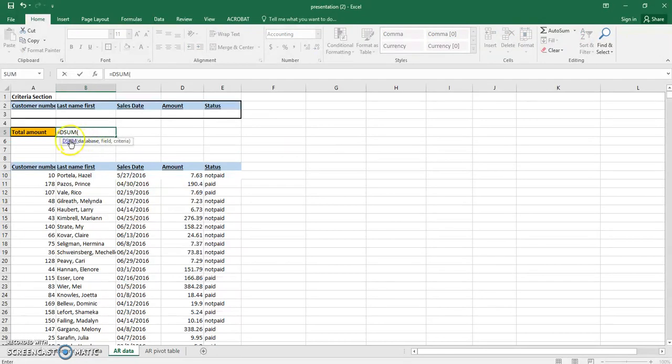If you look here, we need to have database, field, and criteria. Database, we named as cost data, right? So that's our database, and we need a field. Right now we wanted to know the total amount, so that means we need to select the amount. If you look at our amount here, it goes like D9. Don't choose D10, because the title is important. So we wanted to choose D9,